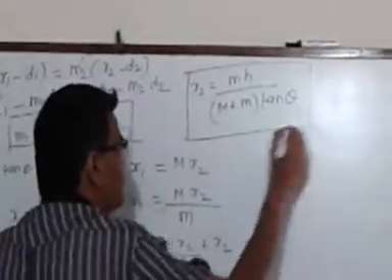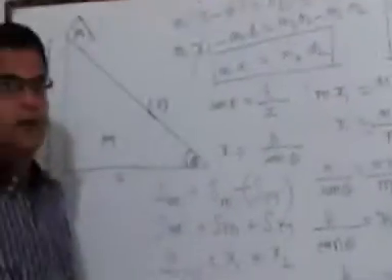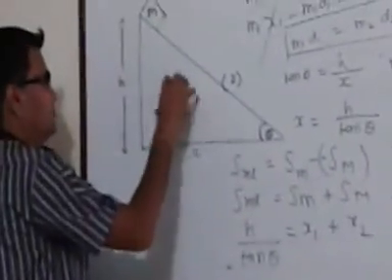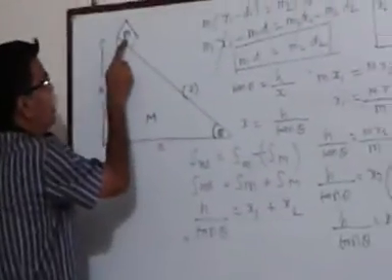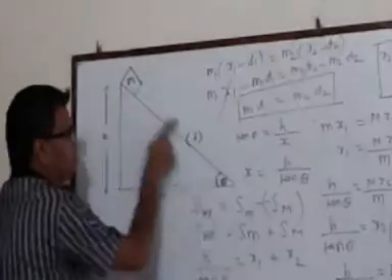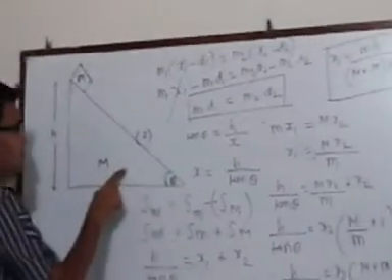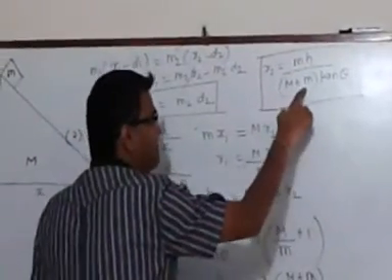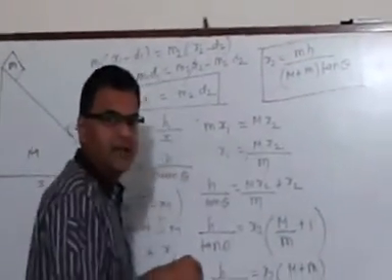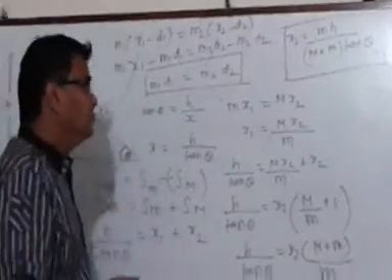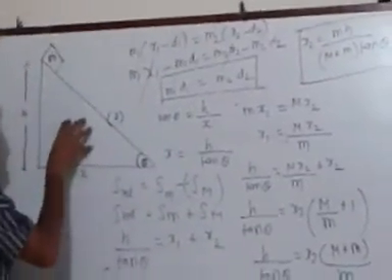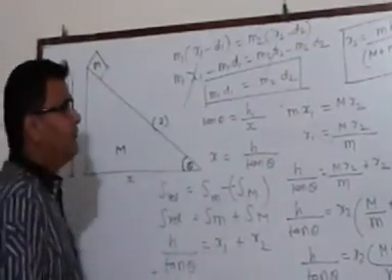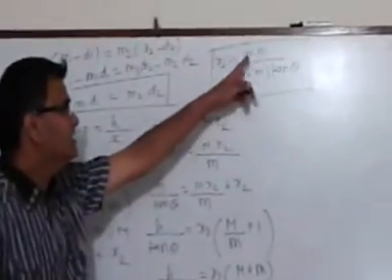So this is end of part 1, where we have calculated the distance moved by the wedge to the left when the block small m moves from top to bottom. The distance moved by the wedge is given by m h upon M plus m into tan theta. In part 2, that is to find the velocity of this wedge as the block comes down, we will have to use this result, which is m h upon